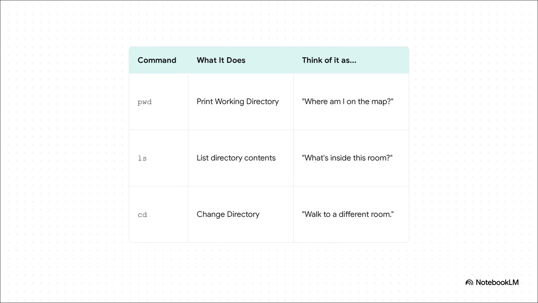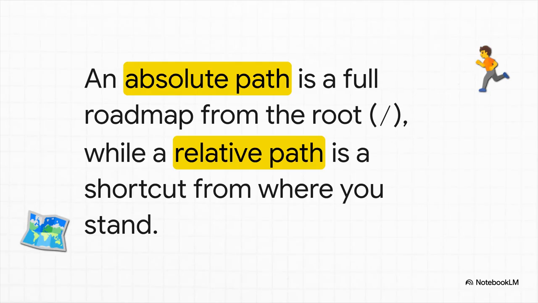To see what's in your current location, type ls to list the contents. And when you're ready to move, cd, change directory, is how you walk into a different room. Now, when you're telling the system where to go, you've got 2 main options. An absolute path is like giving the full street address, starting all the way from the root directory, that single